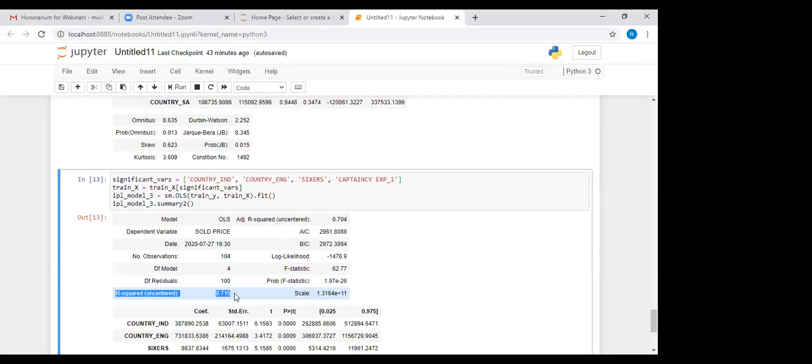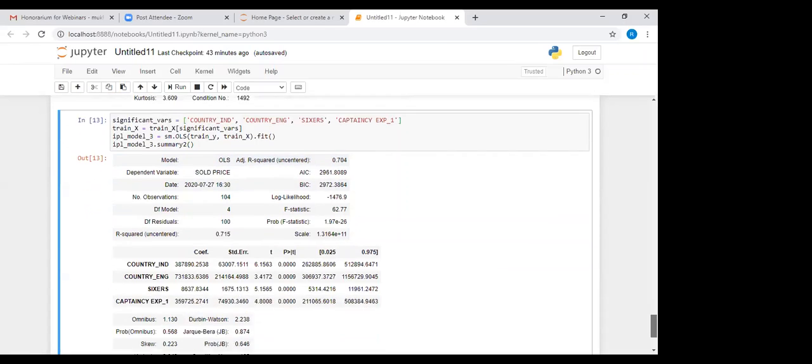Okay, and the adjusted R-square value is 70.4%. It is a measure that is calculated after normalizing the sum of square errors and sum of total squares, okay. So we define the model by the R-square value. An R-square value of 71.5 implies that 71% of the variance in sold price can be explained by the model. That is the explanation of the multiple regression model.